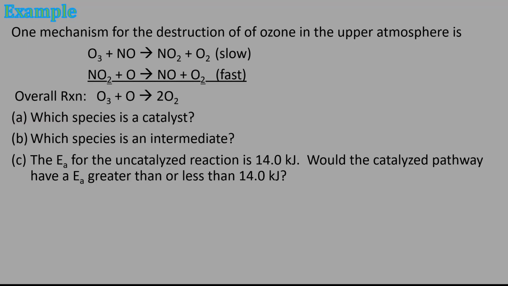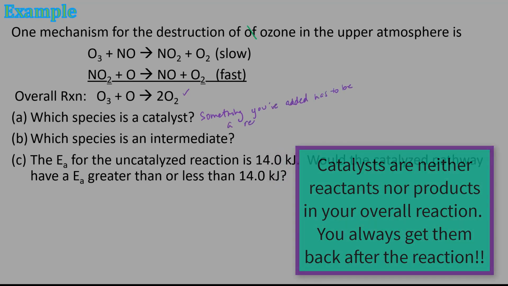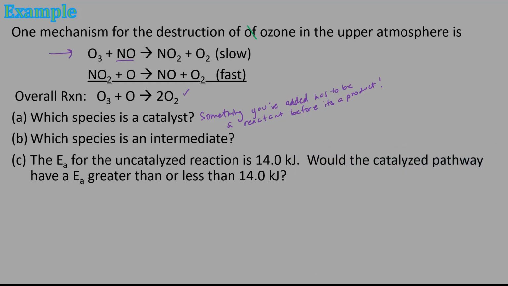All right, so one mechanism for the destruction of ozone in the upper atmosphere is given. So we're given the overall reaction here. And if we wanted to know which species was the catalyst, a catalyst is something you've added. So it has to be a reactant before it's a product. All right, so if I look over here in the mechanism, this is a reactant before it's a product. So that would be our catalyst,